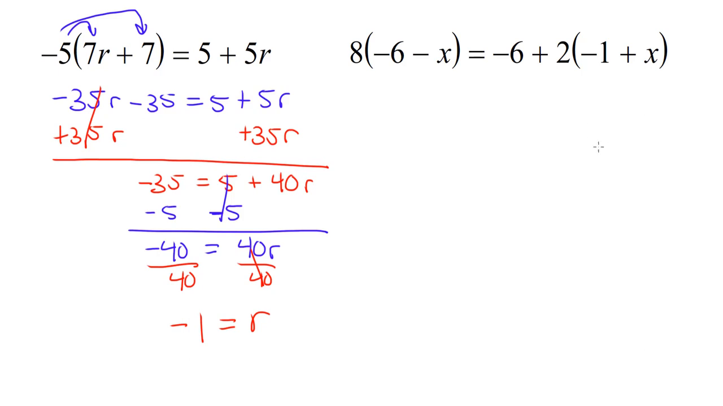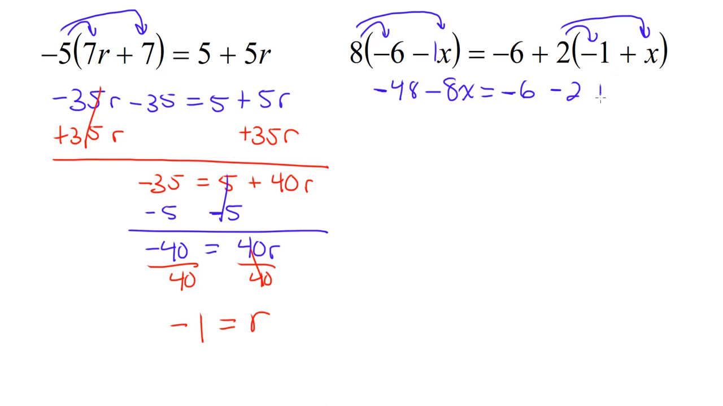All right, last example. We have distributed property on both sides, so let's go ahead and get to it. So we have 8 times negative 6 is negative 48, and 8 times negative 1x is negative 8x equals, we have here negative 6, and then 2 times negative 1 is negative 2, and 2 times x is 2x. All right, we can combine like terms here on the right. So we have here negative 48 minus 8x equals negative 6 minus 2 is negative 8